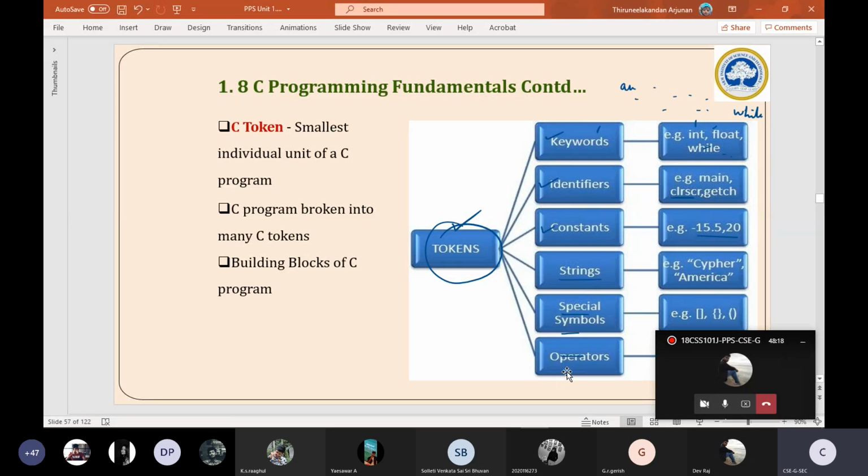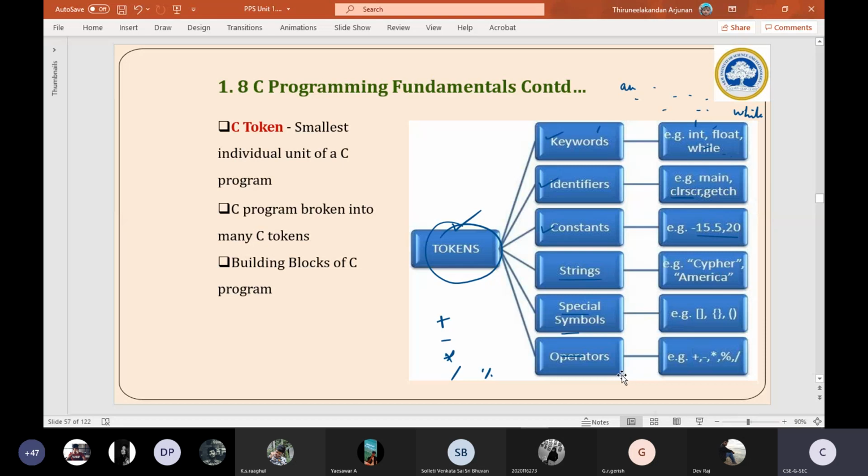Okay, nothing, students. I'll explain operators in a separate topic. We are going to have a detailed explanation about operators. When we do addition, we use the plus operator. When we want to do subtraction, we use the minus operator. Similarly, we have so many operators in C language. In fact, C contains a rich set of operators, such as star, division, modulo division, and many more. We will learn about all those things.